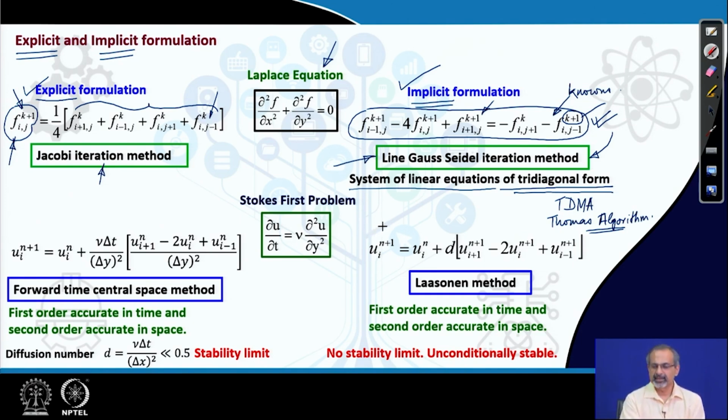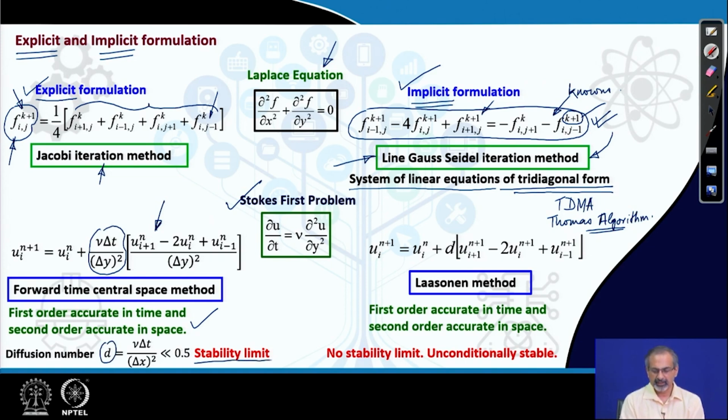So, explicit and implicit formulations look like this for Laplace equation. What happens for Stokes' first problem? This we have already seen, forward time, central space. This is a first order accurate in time and second order accurate in space scheme. And if you define this collection of terms as D, which is often called as diffusion number, then we can